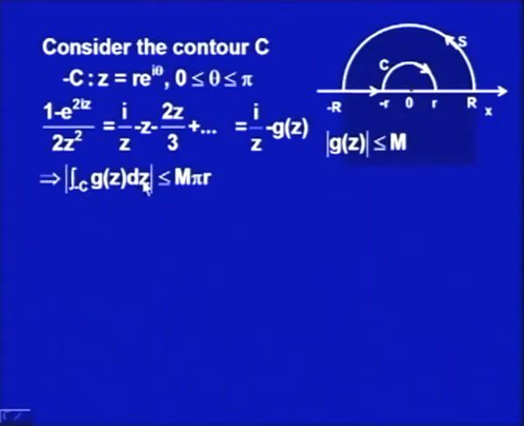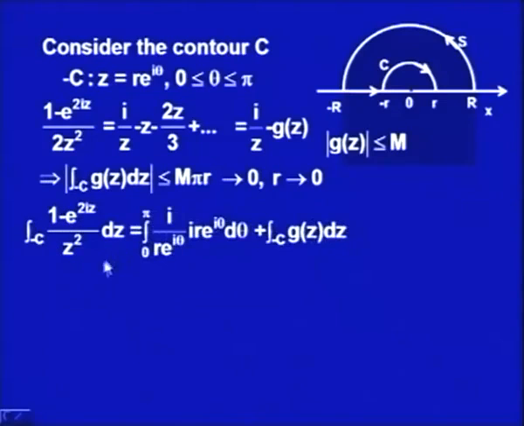Since the absolute value of this integral around the contour minus C is approaching 0, the integral itself must approach 0 along this contour minus C. Since along the contour minus C it is approaching 0, along contour C also, that is minus of 0, it would also be 0. So, what we obtained is that as r approaches 0, this integral would be 0. Now,